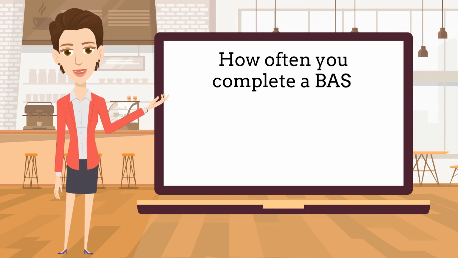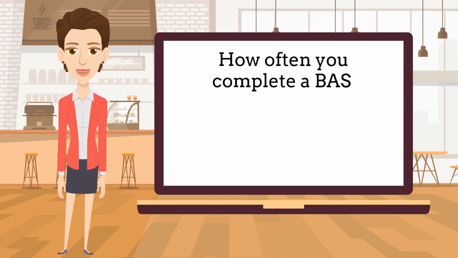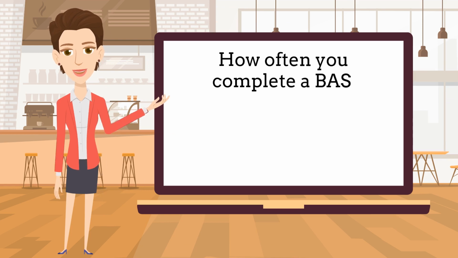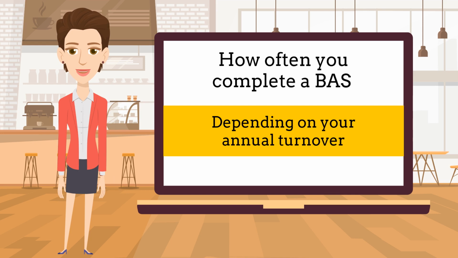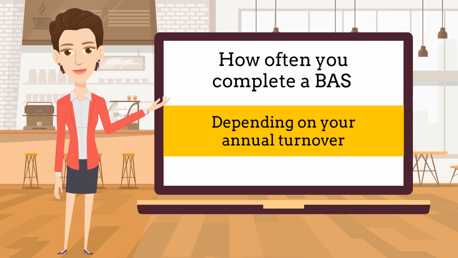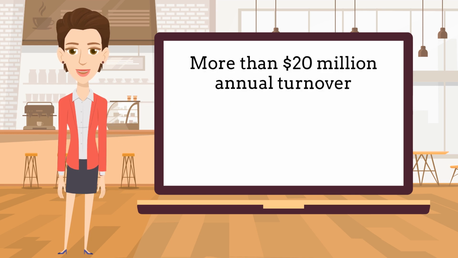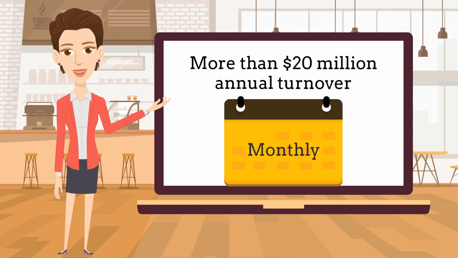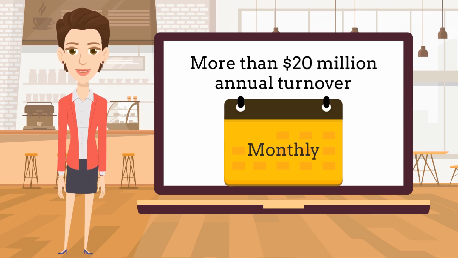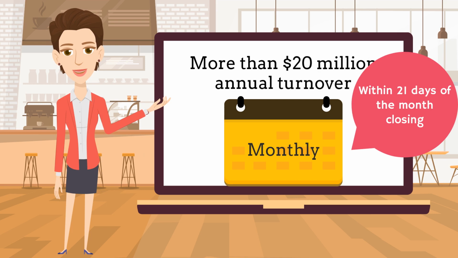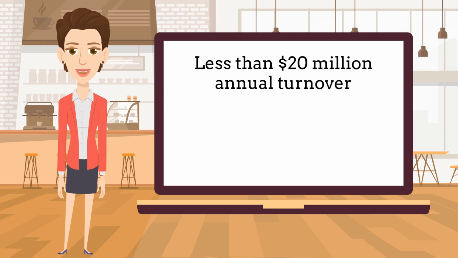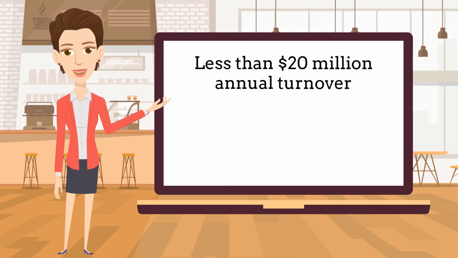How often you complete a business activity statement and when you must submit it depends on how much business you're doing, and that's measured by your annual turnover. More than $20 million annual turnover: lodge monthly. Deadline: you must submit a BAS within 21 days of the month closing. Less than $20 million annual turnover: